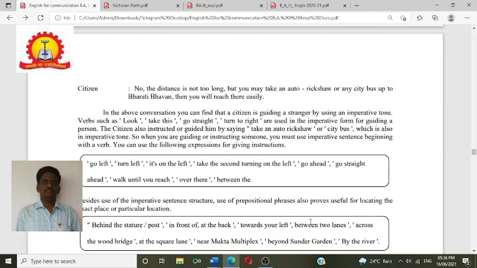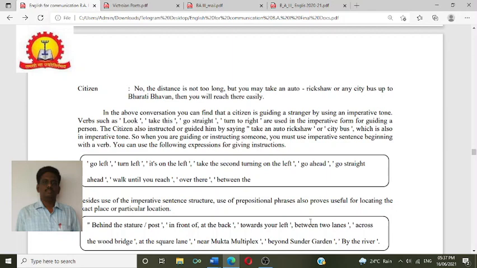For example, imagine that a stranger has asked you regarding a post office. You should instruct him from your home or from the college, how to reach the post office. In that situation you require these expressions. And with such practice, you will automatically internalize all these expressions. After that, besides the use of imperative sentences or sentence structure, the use of prepositional phrases also proves useful